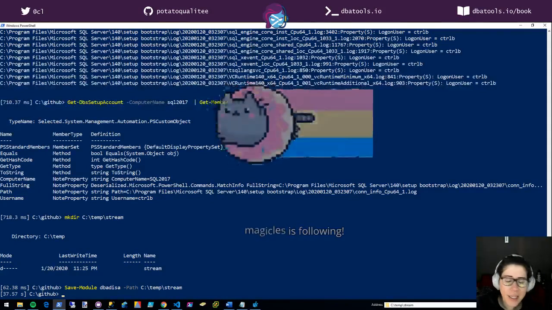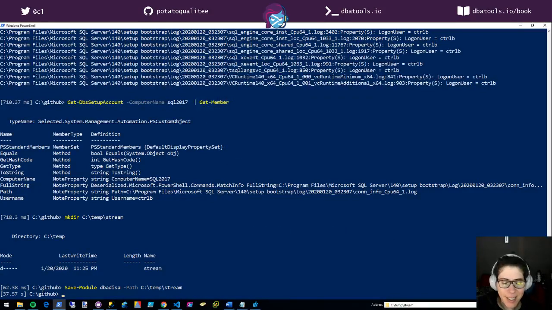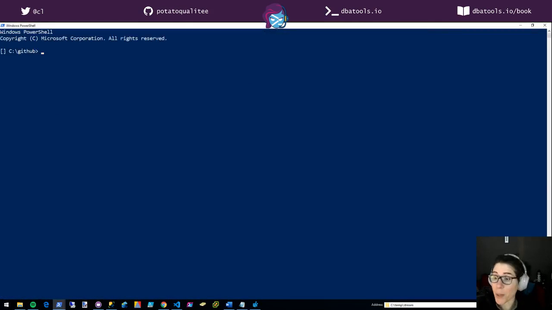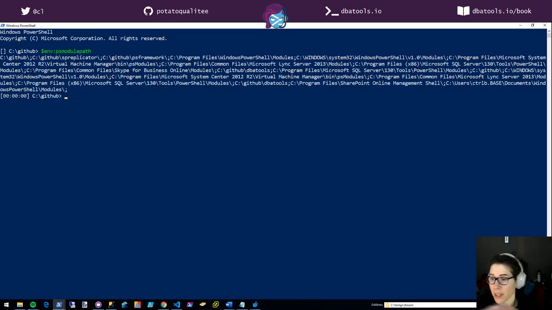Whenever I was doing that, I was like, why would I? Because you used to need to do this. This is older versions only. Import the module. You'd have to be explicit, right? DBA tools, etc. With PowerShell, it automatically figures that out for you. So I could go here, and as long as it's in your path, as long as it's here, PS module path, as long as there's a PSD1 with that in here, then you'll be able to do it.